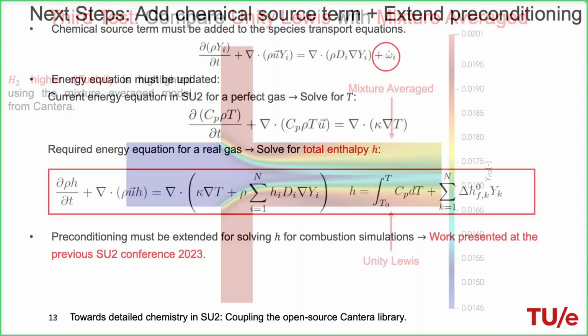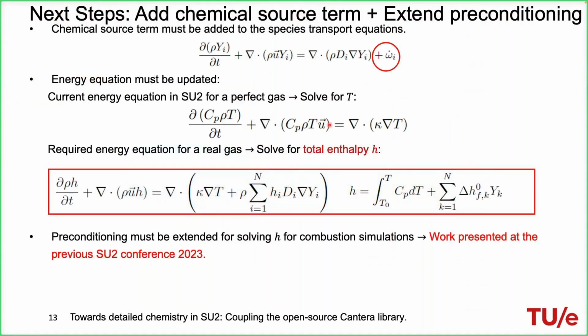So what is the next step in this project? First, we need the chemicals. Currently, in the species transfer equation, we have to add this source term from Cantera. At the same time, because the system is temperature dependent, we have to update the energy equation for incompressible